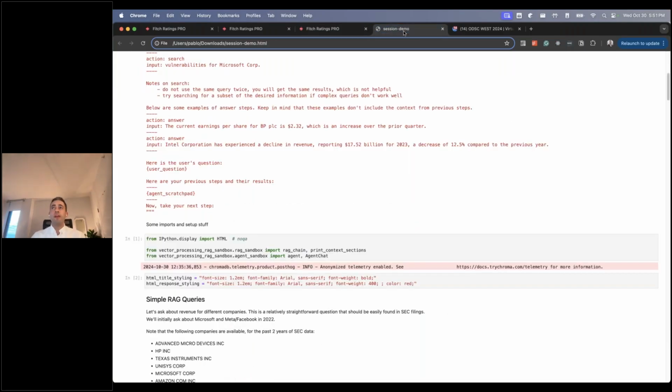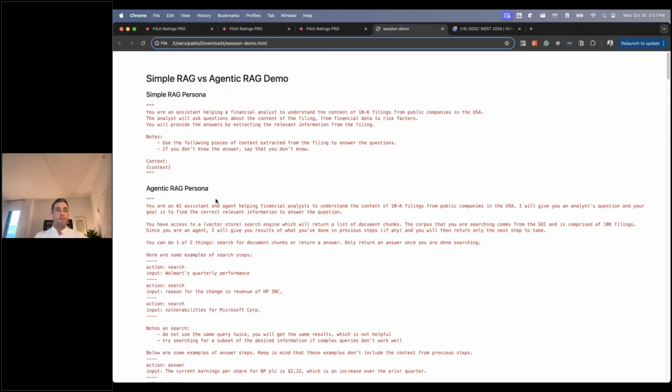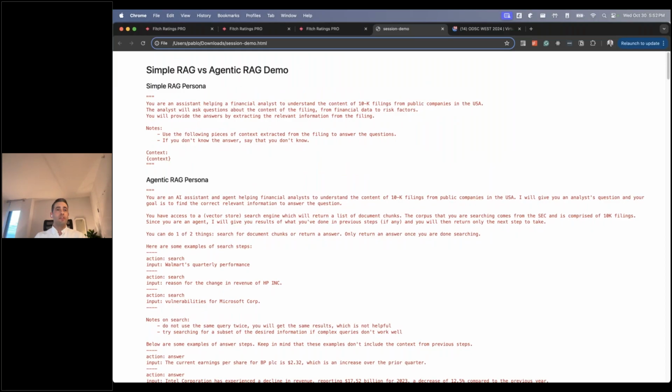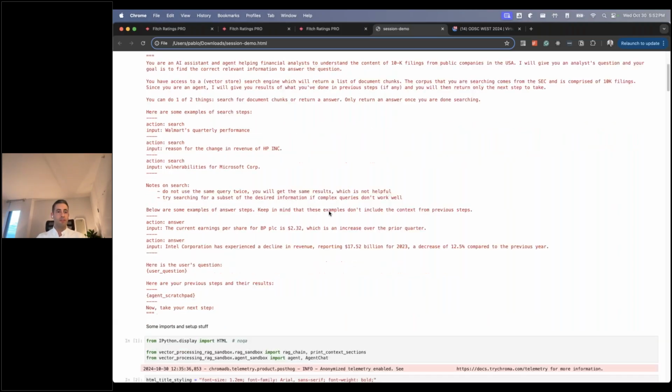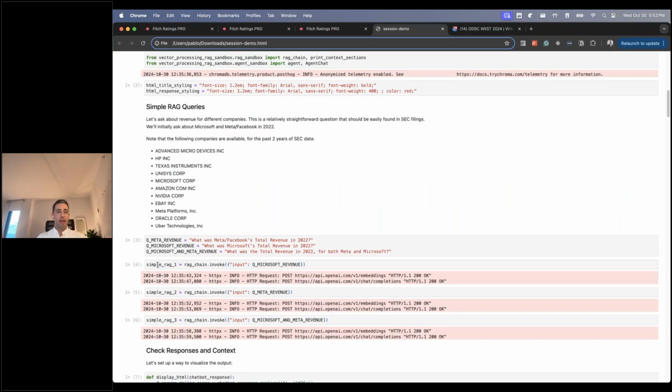Another quick demo that I wanted to show, and by the way, please start asking questions at this point. For a simple RAG versus using an agent for a RAG, what are some of the differences that you can expect? In this agent, I have given it a scratchpad for memory, and I have instructed it to think about whether it already has enough information to answer the question. And if it doesn't, it can rewrite the query to find additional information that it believes it still doesn't have. Using the simple RAG, I can ask questions, and for this, I'm just using public company documents like 10Ks. Total revenue for Meta, Facebook in 2022, total revenue for Microsoft in 2022.